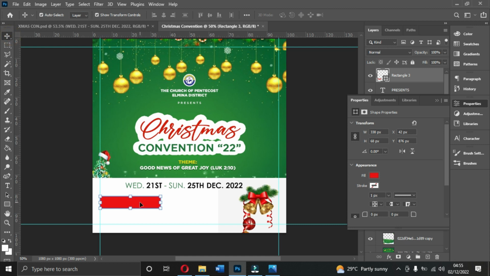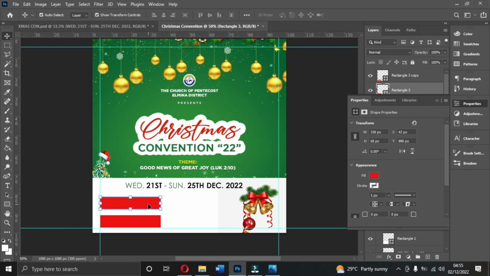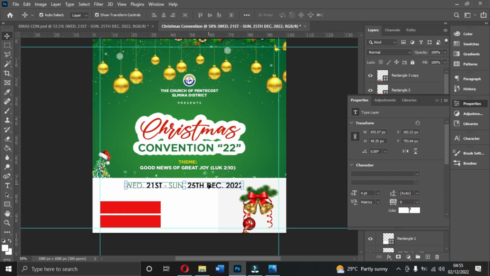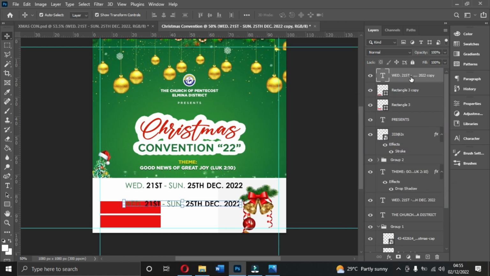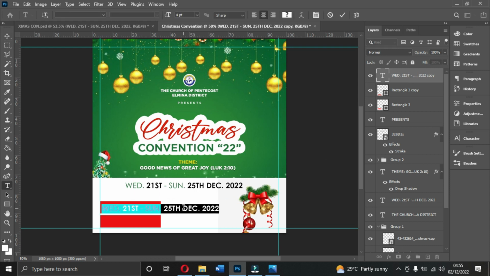Then we are going to copy this, bring it here. Let me bring this one down a little bit so that I can have smooth work. Down a little bit, not all that close. I'm going to copy this and then bring it on top, all the way to the top here. So arrangement of layers is very, very important. Then we are going to name it as